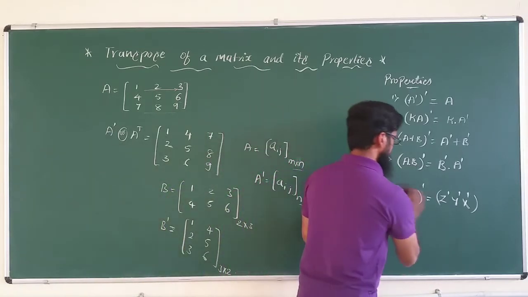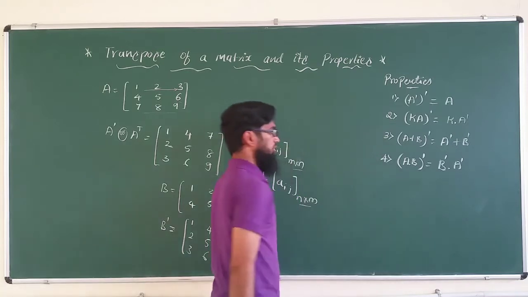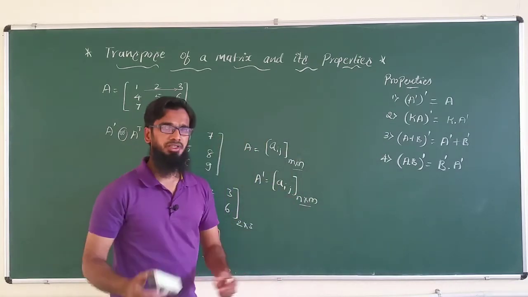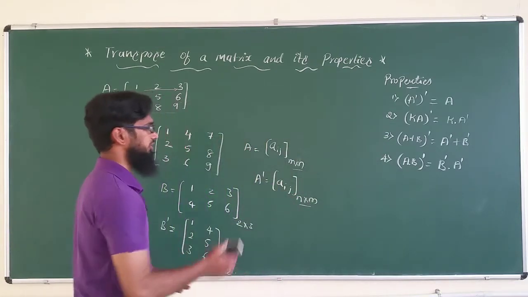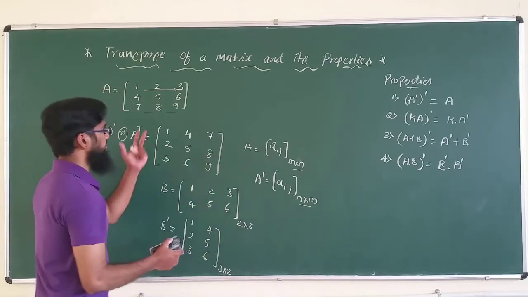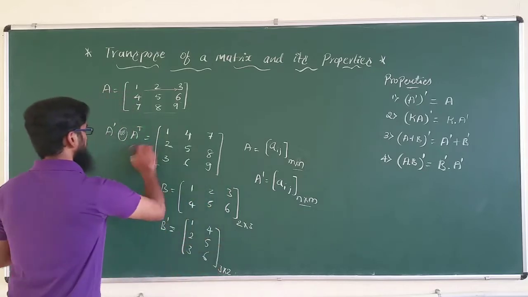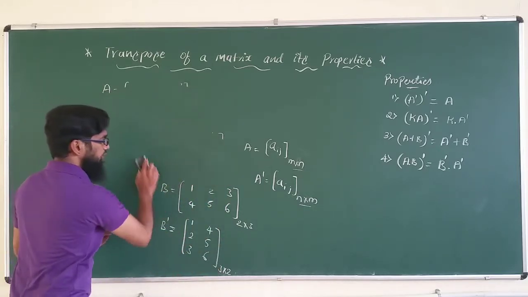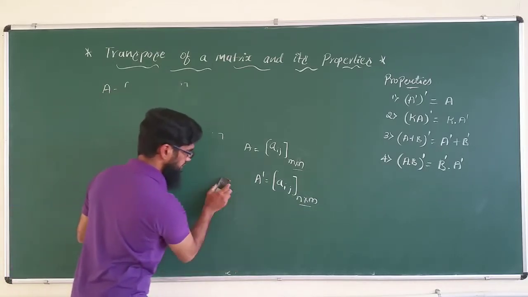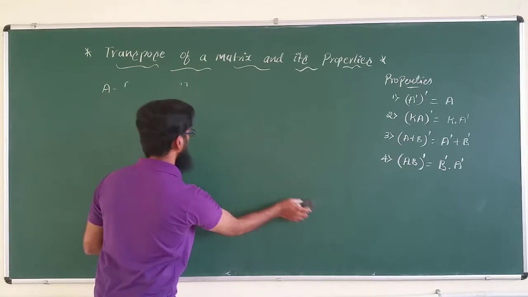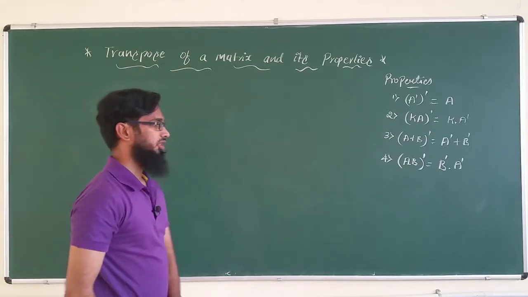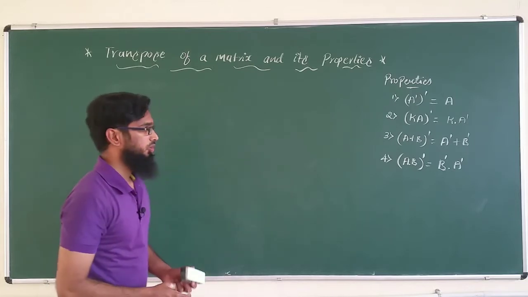Now let us prove these properties. Let us study one by one in detail. That completes the given properties here. I hope you have understood the basic transpose of a matrix. Now we'll go for the very first property. Better I'll go for a 2 cross 2 matrix, just for simplification. Even we can go for a 3 cross 3 also.